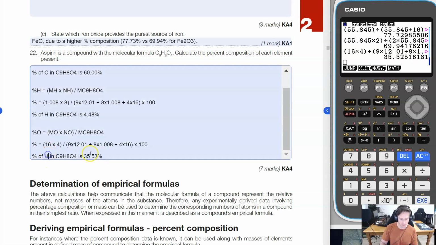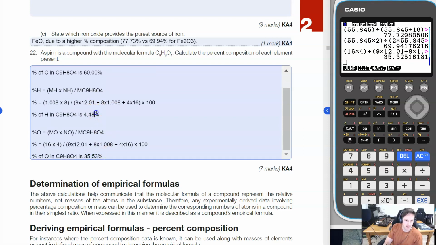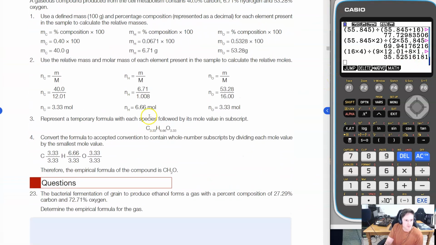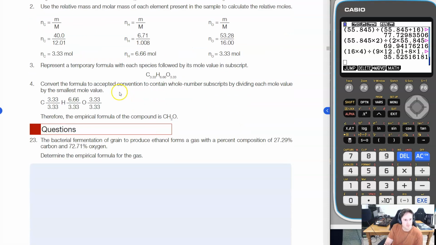For carbon, oxygen. And we'll probably just check that they add up to approximately 100%, and they pretty much do. There's a slight rounding error here, but apart from that, we are golden. Cool, smashed it. All right, the next one is essentially what we've just done, but this time we're going to